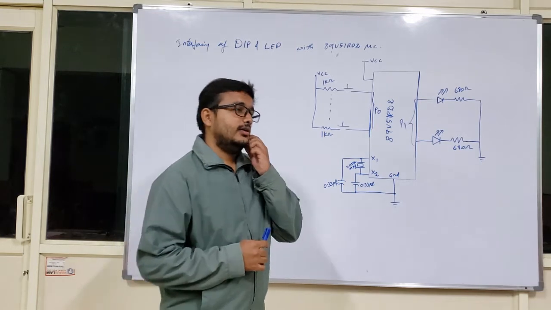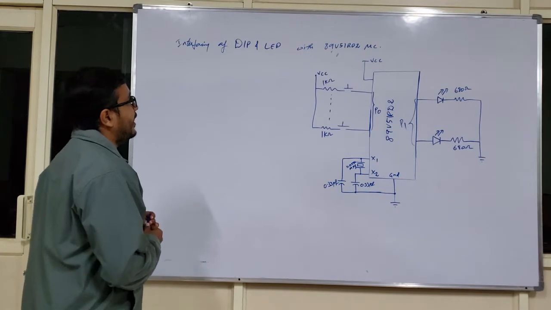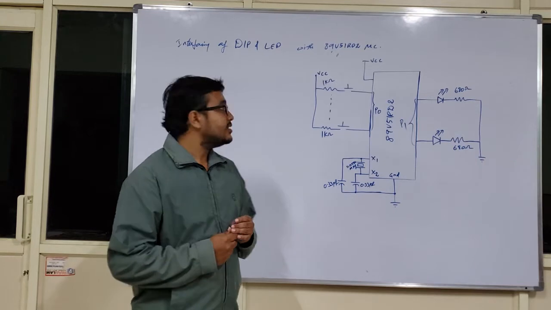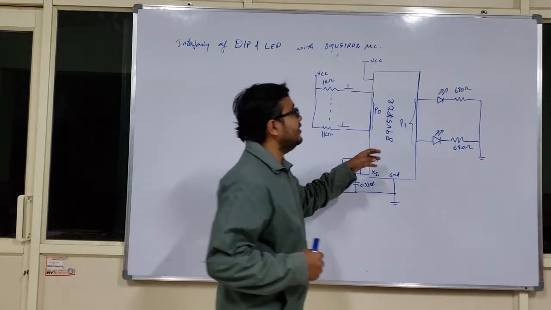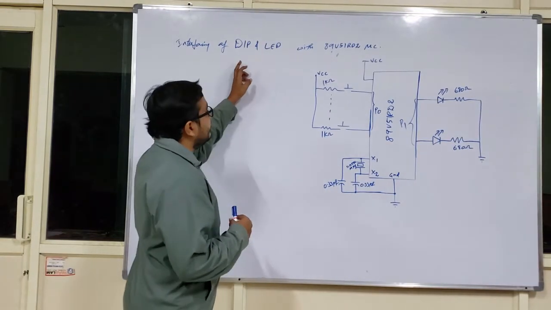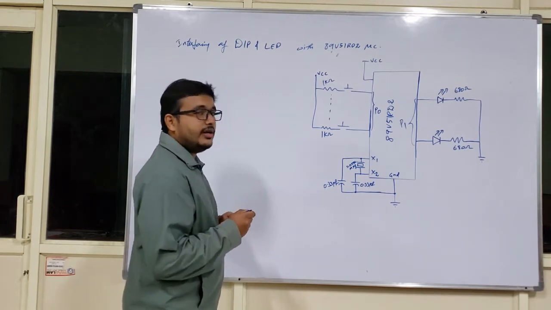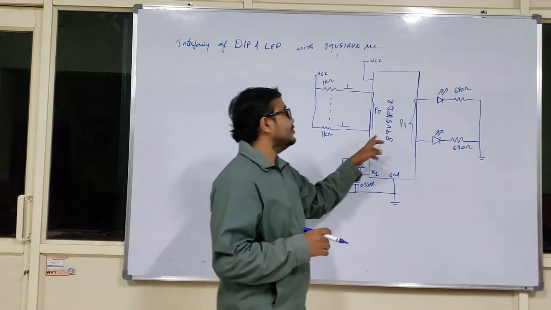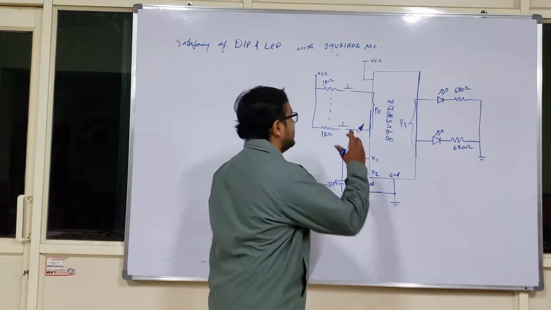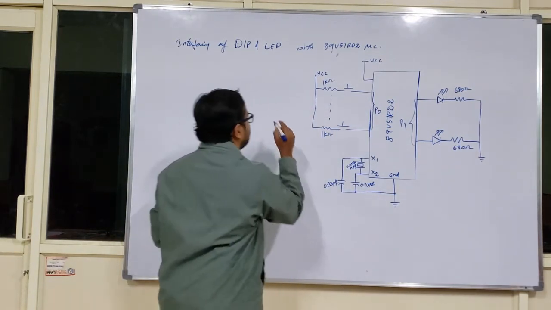For today's discussion, we perform the experiment on DIP and LED. So DIP stands for Dual Input Switch, and LEDs are light emitting diodes, as discussed in the first experiment. How to interface the DIP switch with the 8051 microcontroller? I have used the 89V51RD2, only 2 ports of it, such that port 0 is hardware interfaced with your DIP switch.